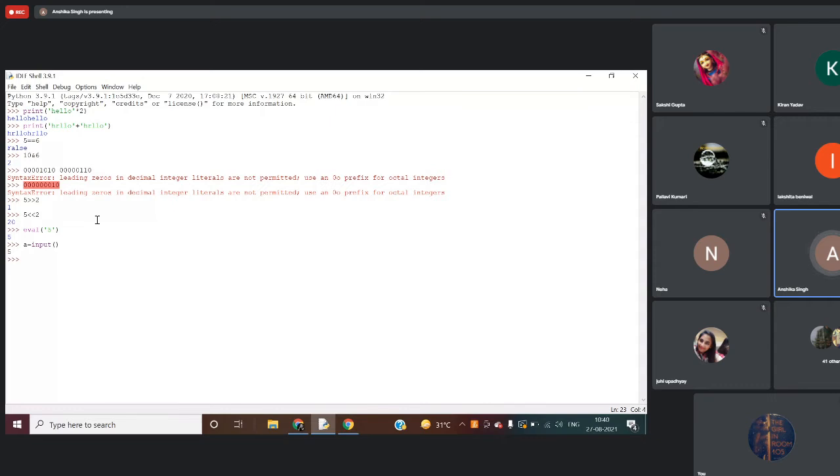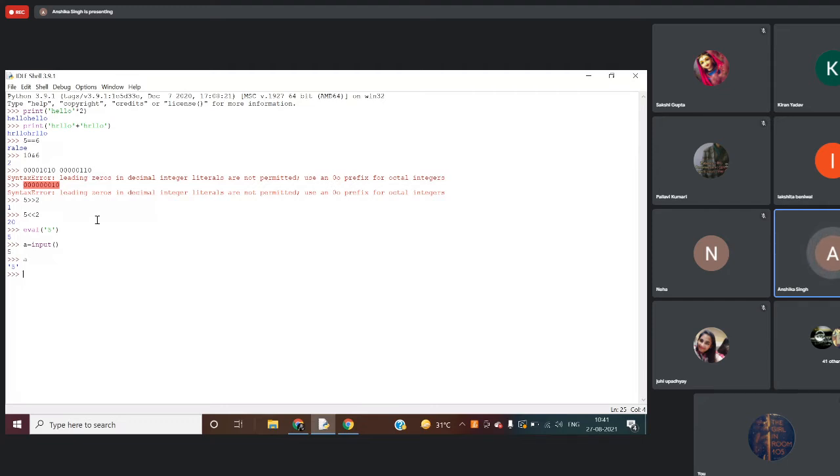Whether you are inputting the value as a number, it will always interpret it as string. So it will give me the value of A as string only. It is not interpreted as a number. It is always interpreted as string.